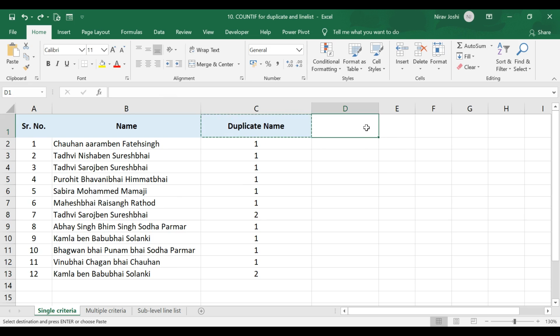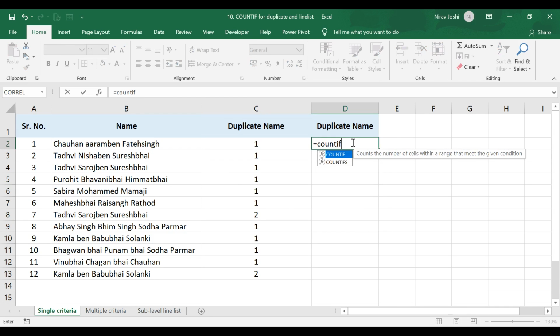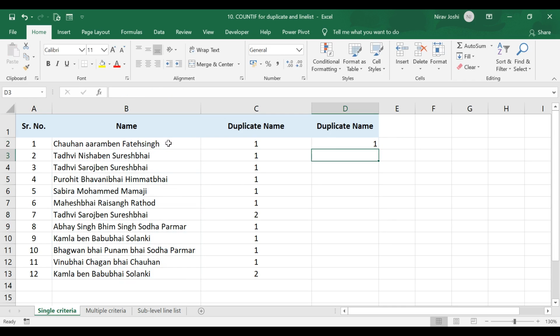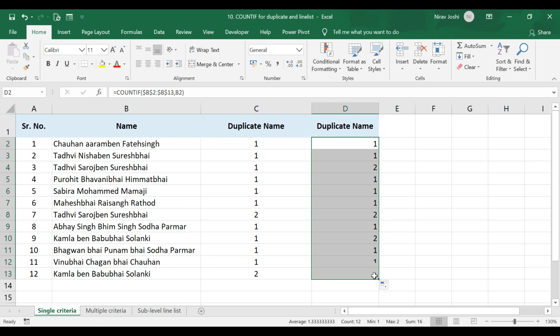Like we can use COUNTIF, select the whole range, make this range absolute, select this one as the criteria, complete the parenthesis, press enter and drag this formula downwards.